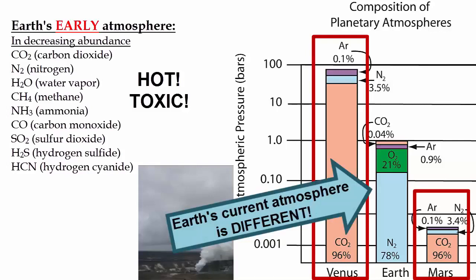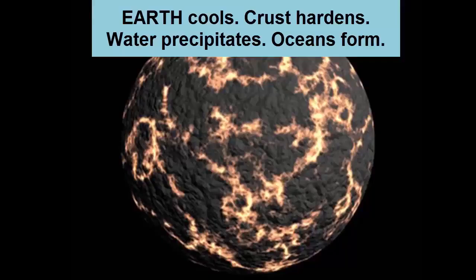Earth's. Venus and Mars both have carbon dioxide as the major atmospheric gas, much like Earth's early atmosphere, followed by nitrogen and argon. Notice the lack of any oxygen. Why is Earth's atmosphere today so different than it was originally, and so different than the other 2 rocky planets that are its neighbors? First, as the early Earth lost some of its initial heat of formation and cooled, not